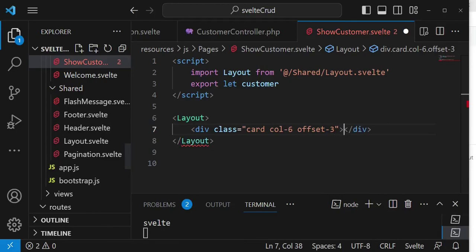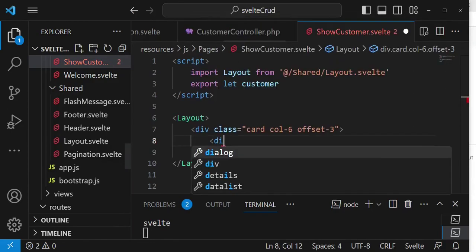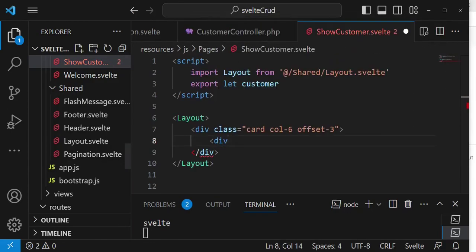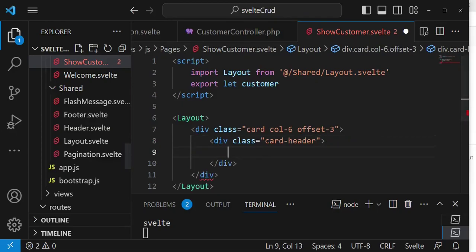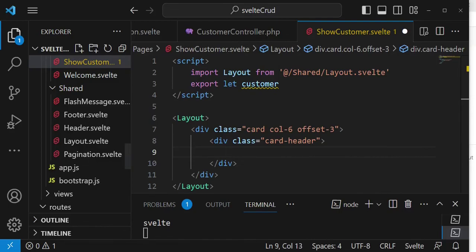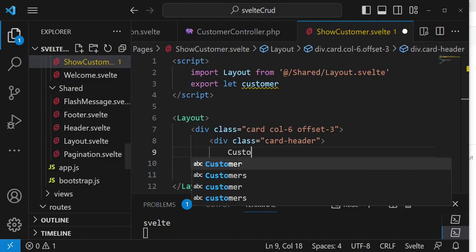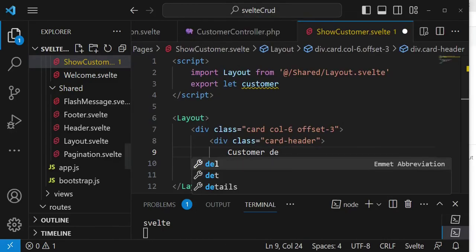Now this one is not responsive, but I just go with it like that. Then we can have the card header, so div class card header, and this one is no issue. If you have a problem with it, you can just go and copy a bootstrap card from getbootstrap.com, and it will just be that. So in this header, I want us to call it customer details,